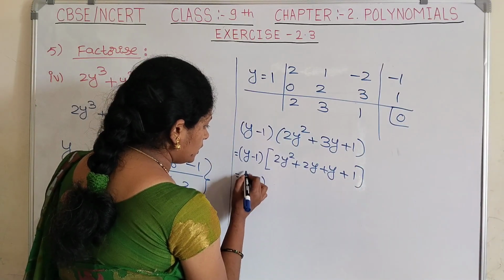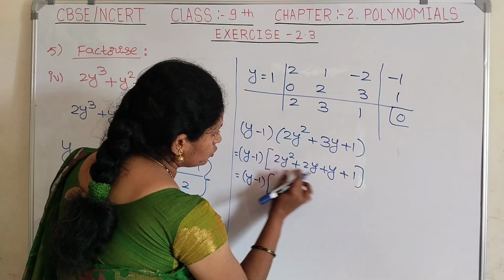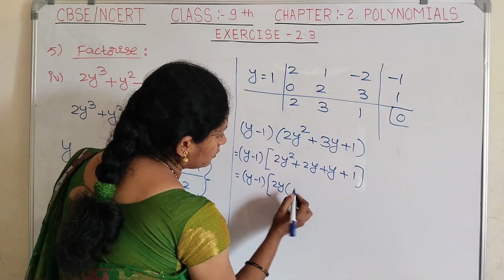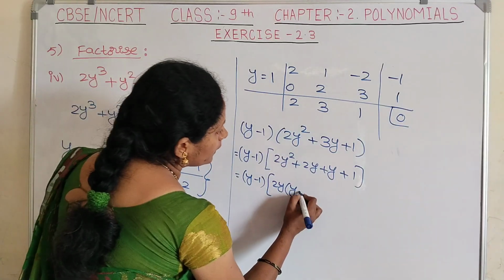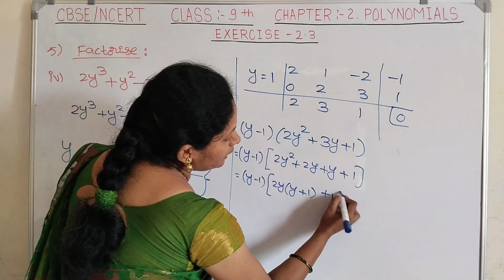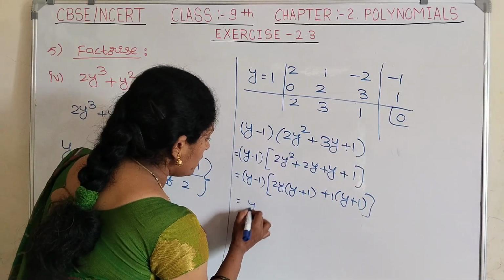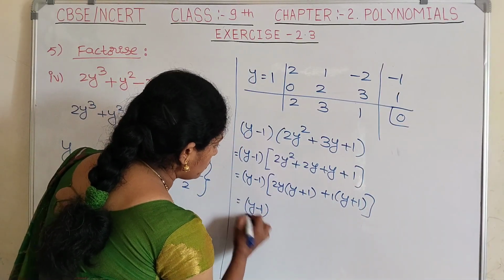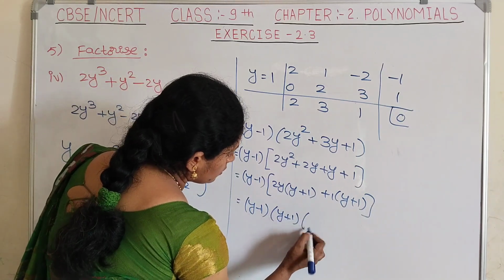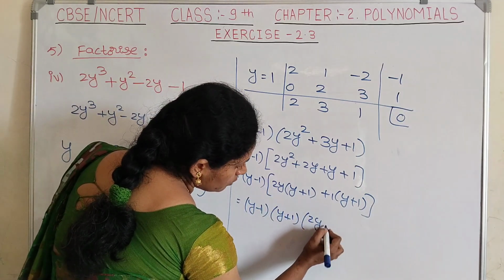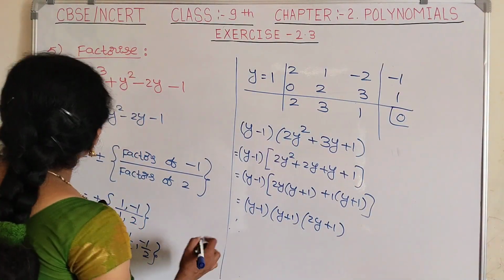Y minus 1 into 2y common, 2y into y plus 1, plus 1 into y plus 1. Y minus 1 into y plus 1 into 2y plus 1. Therefore, we can write 2y cube